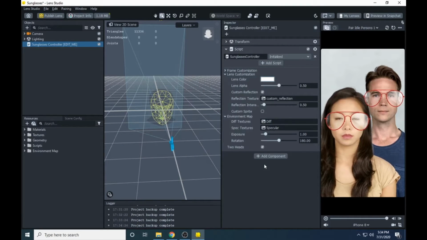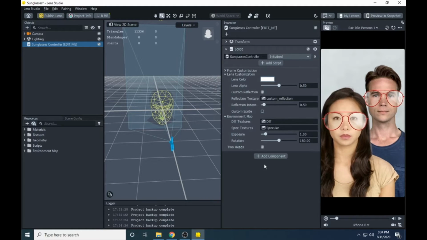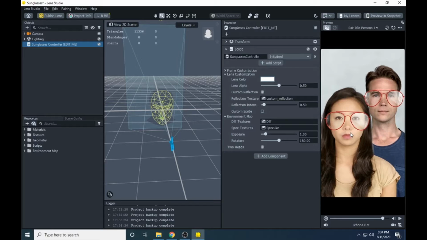Okay, and next is custom reflection. We are not going to change it, because custom reflection means if you are seeing something in front of you, then it will get reflected by your lenses.